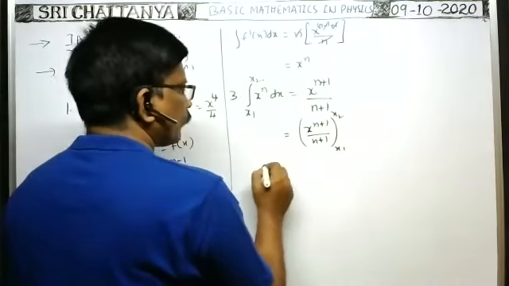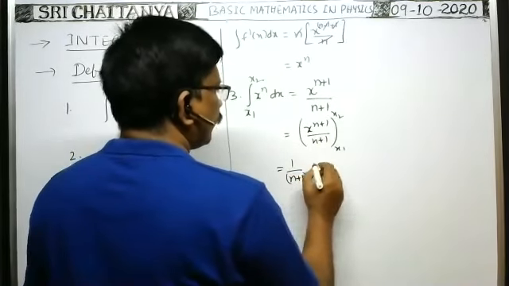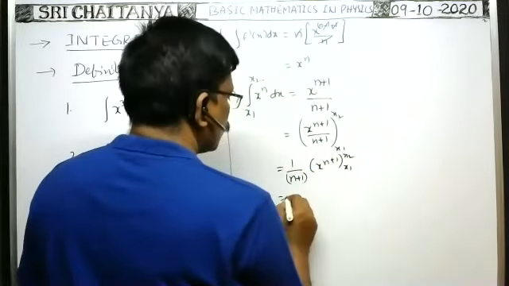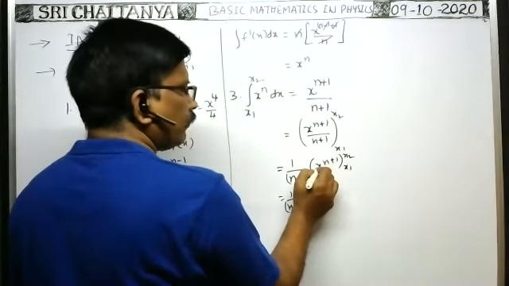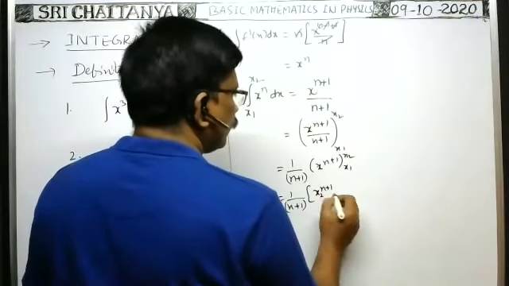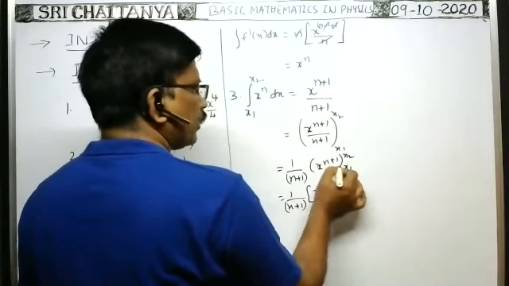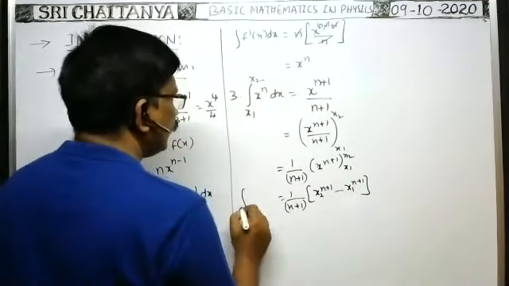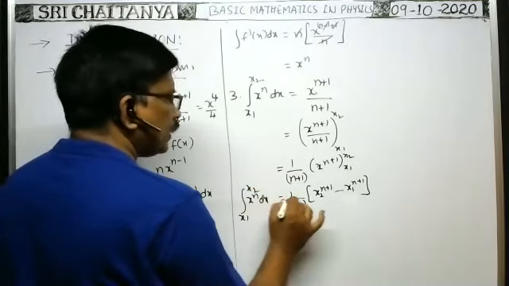We had substituted the limits. This is equal to, n plus 1 is a constant, you write it outside the bracket, into x to the power n plus 1, limits x1 to x2. So 1 by n plus 1 into, first, the upper limit we substitute instead of the variable x, x2 to the power n plus 1. Before substituting the lower limit you put a minus sign, then instead of x you substitute x1 to the power n plus 1. This is the substitution of the limits. So integral x to the power n dx, limits x1 to x2, is equal to like this.